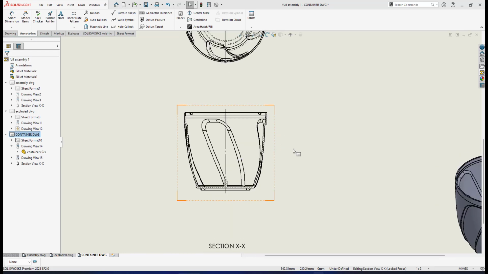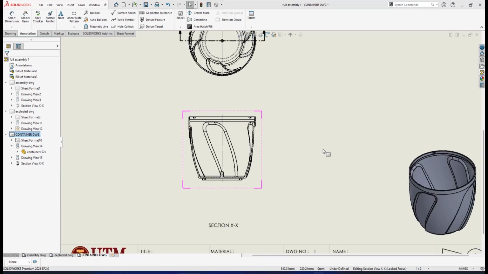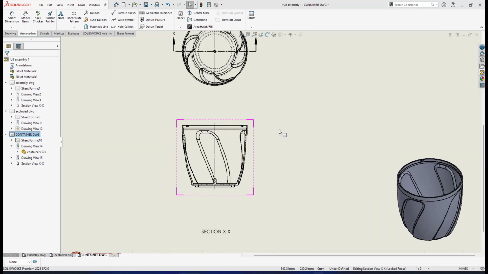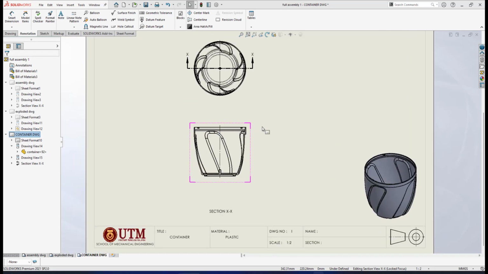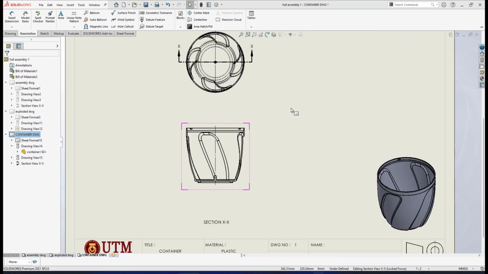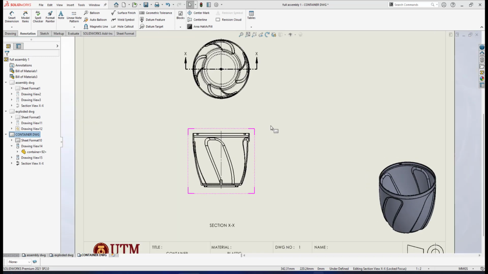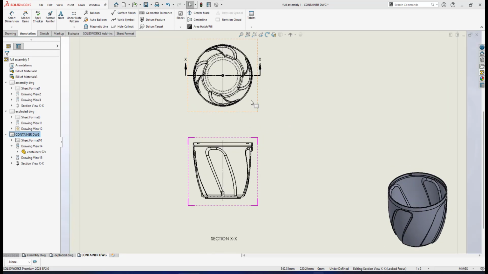As I have explained to you, since this product is a container, a plastic product, our SolidWorks part file will be sent to CAM software, and that CAM software will translate it for the CNC machine. The CNC machine will make a mold of it, and the mold will be sent to injection molding. They will use blow molding. So in my opinion, for this detailed drawing of this container, we don't have to put really detailed dimensions, unless